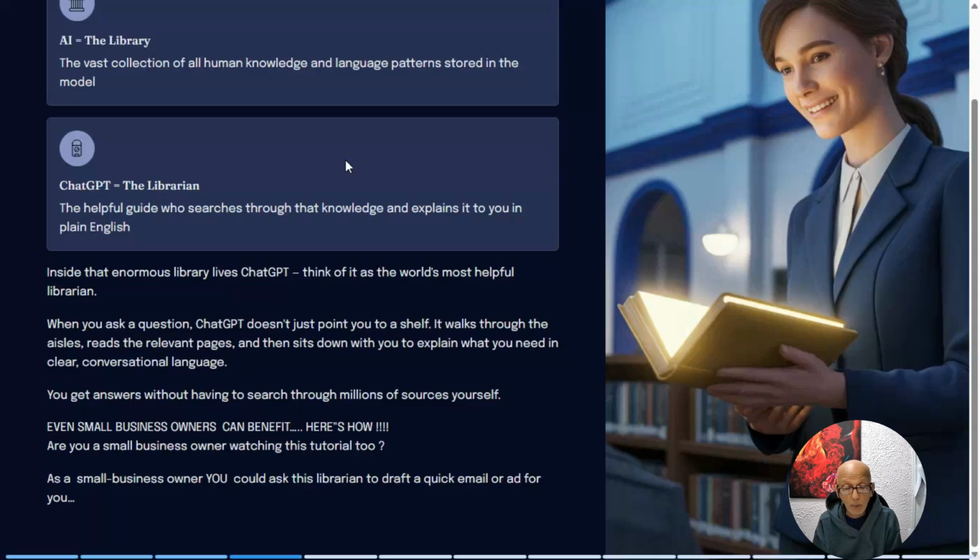With ChatGPT, it goes and does all the reading for you, then it comes back and presents it in a summarized way for you to understand, instead of you wasting time, maybe hours, doing that research utilizing Google. But now ChatGPT can get all that done for you in a matter of minutes.